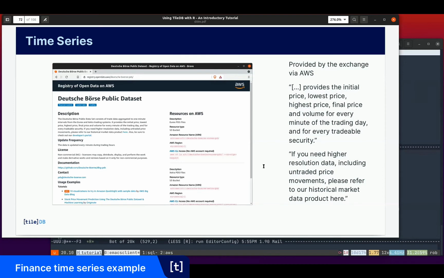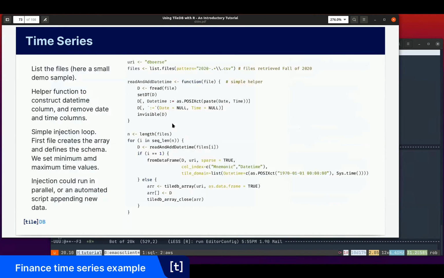And they have some immediate language in here that I quoted because that's just how exchanges tick. If you want higher resolution data, please talk to us and we'll charge you. So what we have here is real data from the exchange and it grows and they update it every hour, but it's a little boring in that it is minute bars rather than really high frequency transactional data. But still, it's not so bad. So when I first looked into that last fall, I downloaded a few data files and I still left it at those. So for a really simple and quick example,